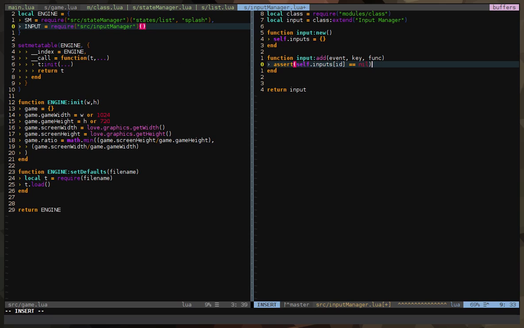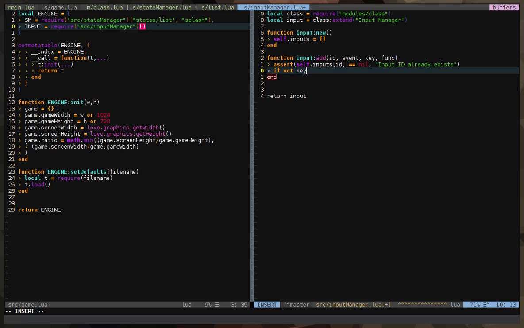Okay, so if that is false, let's say input id already exists, like so. We forgot to put here id. Let's add id, so we can have a name or an identifier for each of our inputs. So it's like an event.